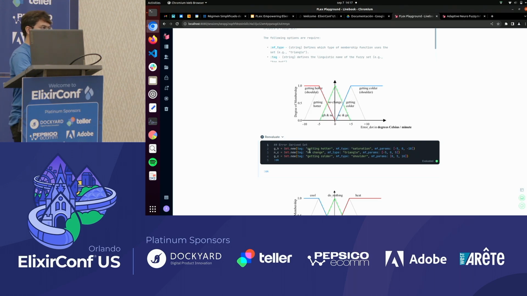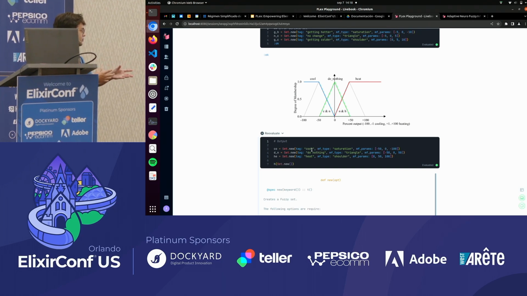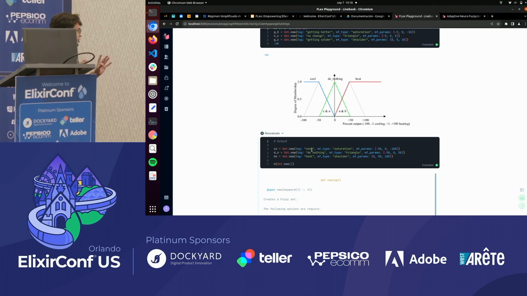This means that we would like to know when the error is getting hotter, or it's not changing at all, or it's getting colder. Then we have to define how the output needs to behave, or the fuzzy sets of the output. The output of this controller is basically trying to cool the system, try to do nothing because we are right, or try to heat the